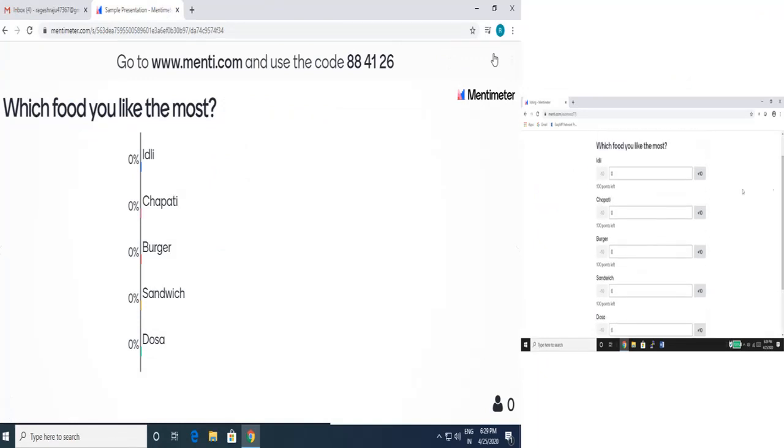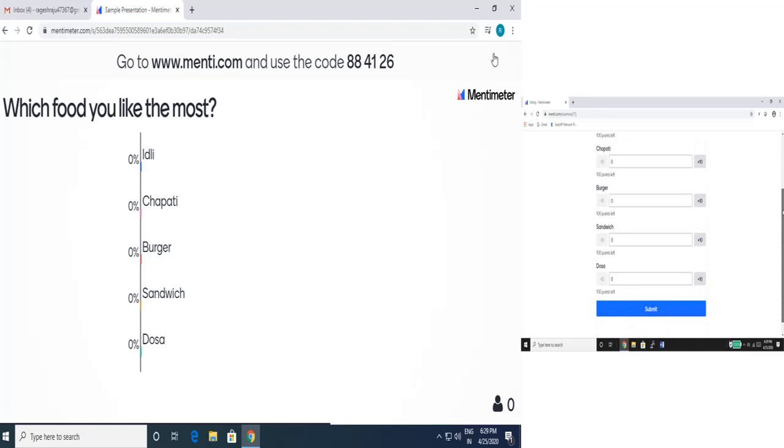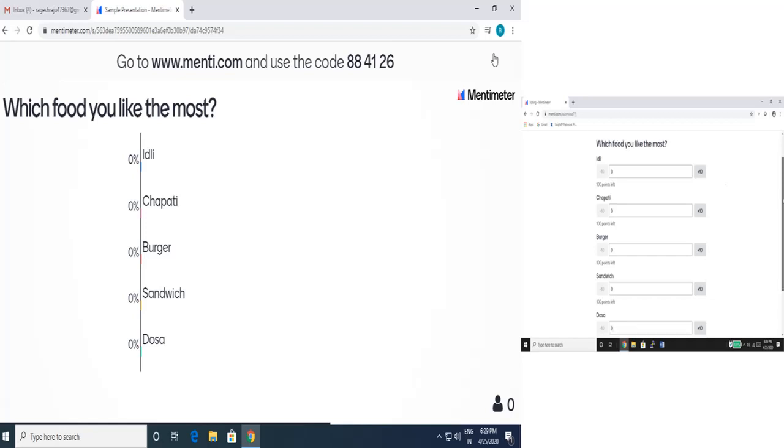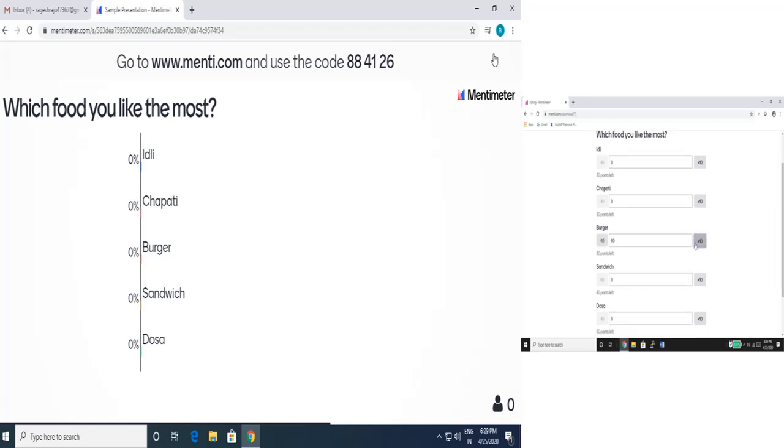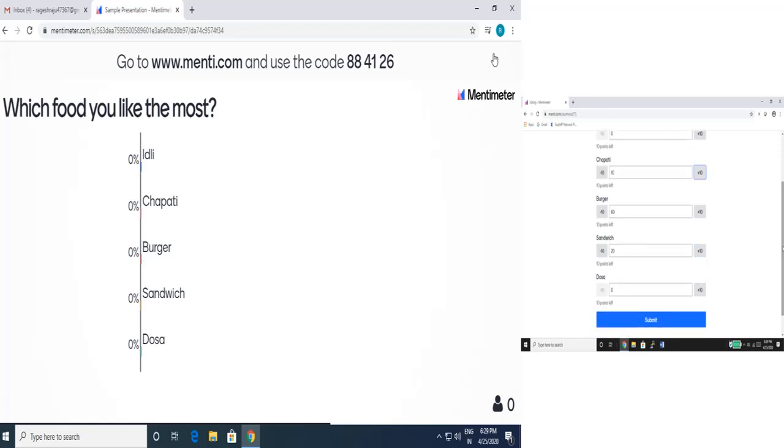So this is how it comes to the audience. You can see that totally he has 100 points, and you have to divide those 100 points among all these things. If he is liking burger more, then he can give plus plus plus. If you want to make it minus, you can make it minus also. But you see that when he adds points here, automatically the points will be deducted from the others, right? So I give 60 points for burger, then sandwich I give some 20 points, I like chapati, so I give 10 points for chapati, and I like dosa, so 10 points I'll give for dosa. So now you can see that points left is 0, right?